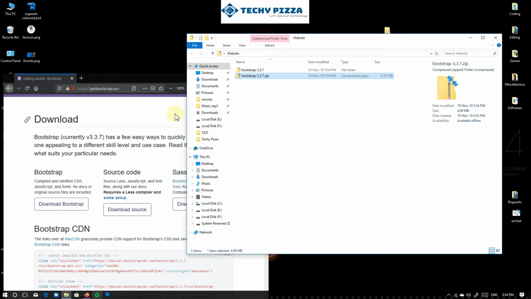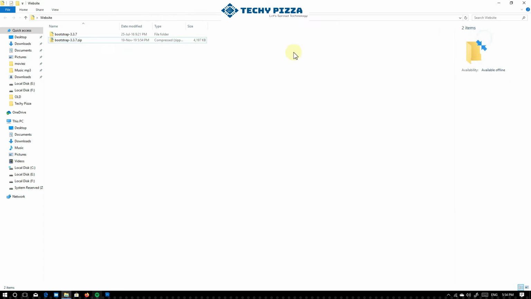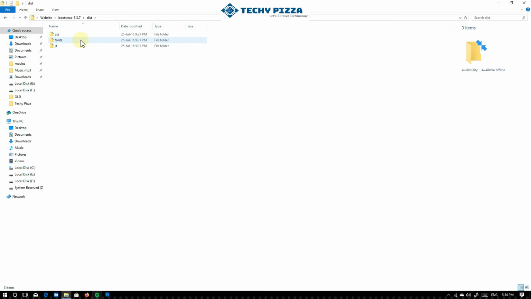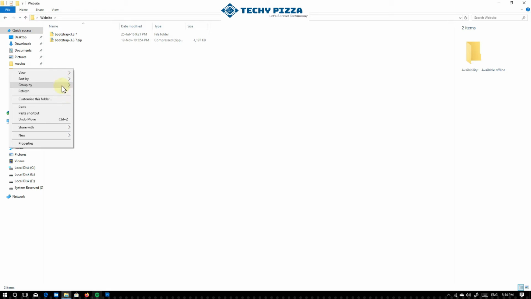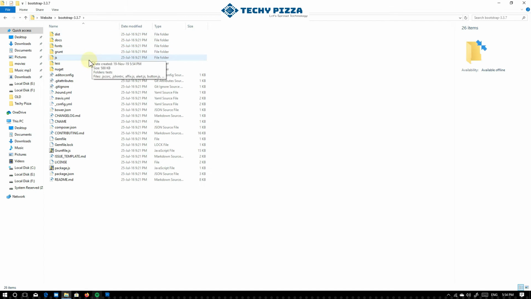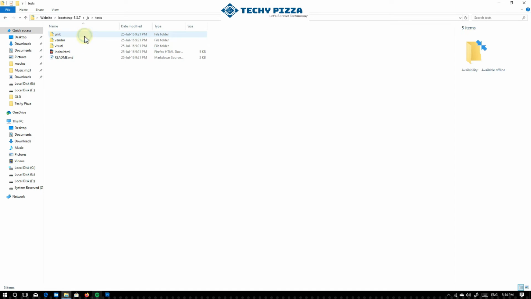Now after this has been done, you have to go to the extracted folder. You can close your browser if you want to. If you want to continue further, you have to go into this and then click on dist, sorry, distributable, and then we have to copy all these three folders into the folder which you created. Now we will paste this here, and then again head to there, click on js tests vendor, and just copy